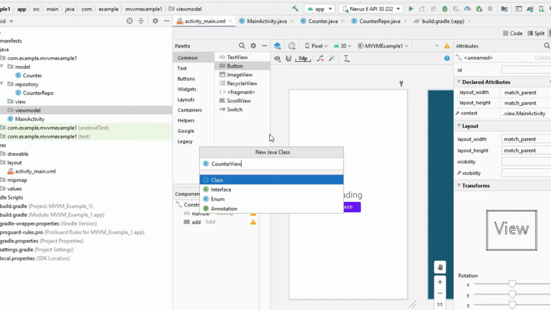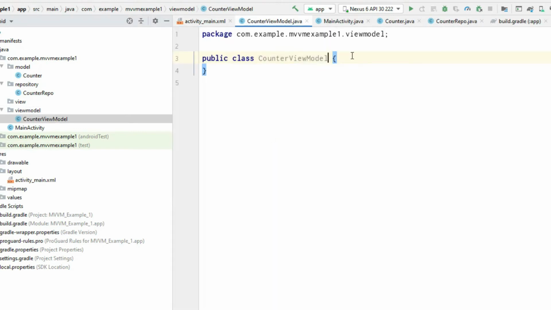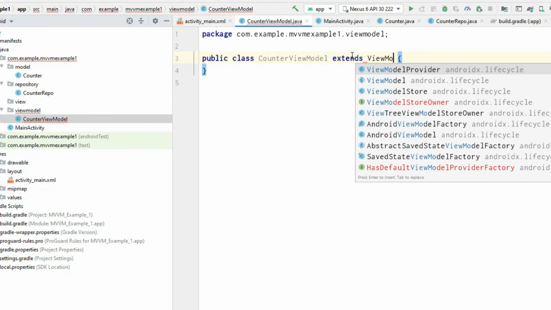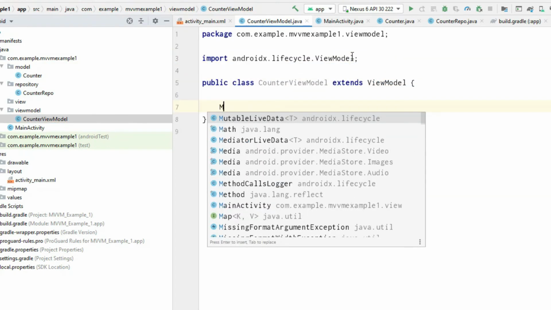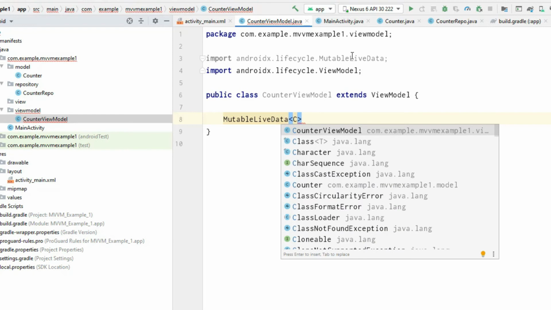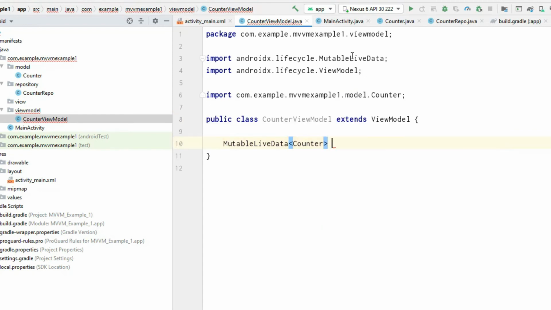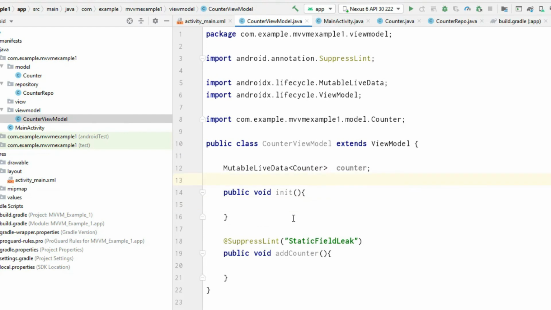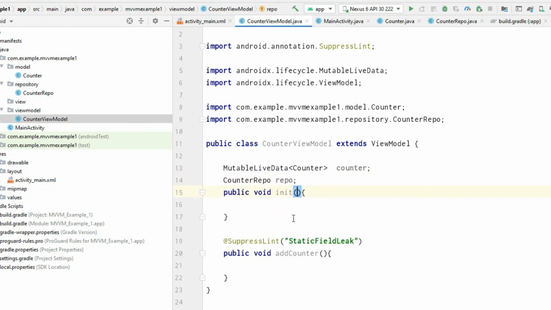Now we will create a class, the CounterViewModel. This class must extend the ViewModel class. This class has two attributes: a MutableLiveData of Counter and a variable of class CounterRepo. We will initialize these two variables in a method called init.